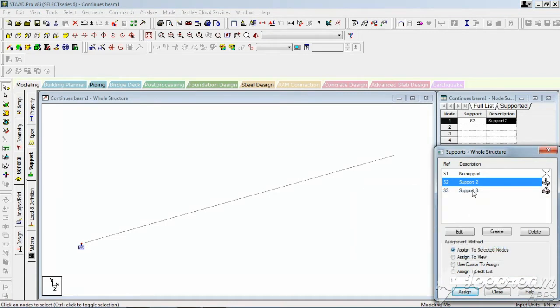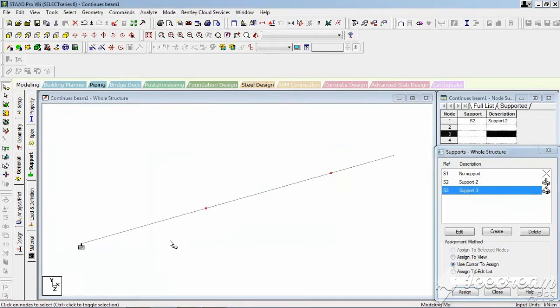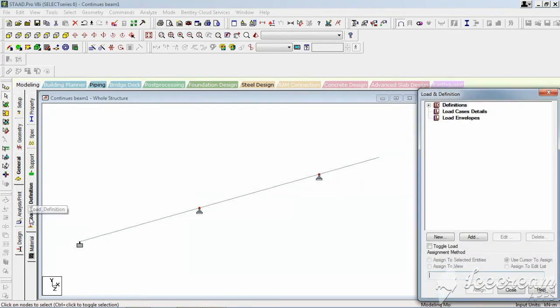This is the fixed support, and then select the middle two points and apply pin support. This is a continuous and overhanging beam. This portion is the overhanging.